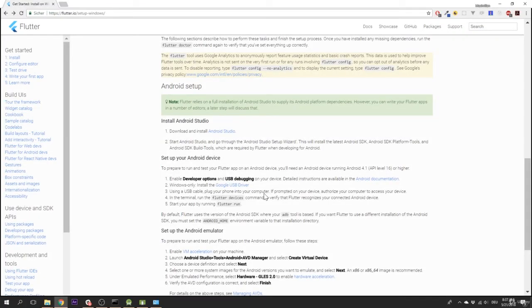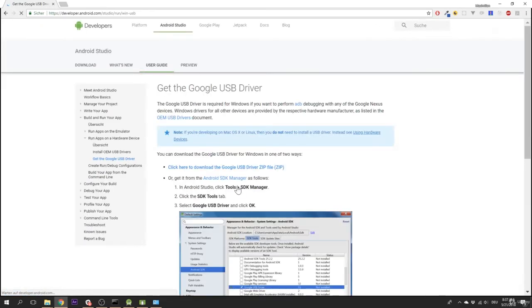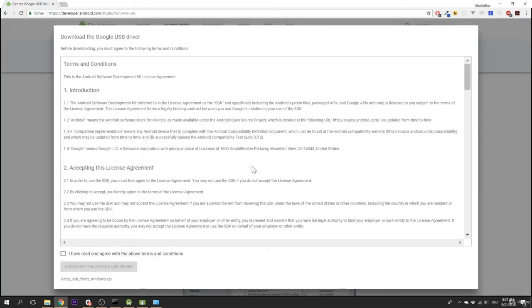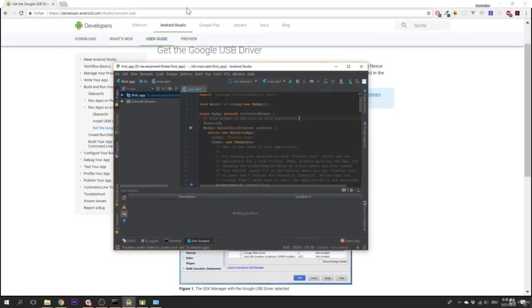First of all, go back to the setup instructions and make sure to install that Google USB driver. Now, that should only be important for running it on a real device, but it still doesn't hurt to set it up already so that it will work later. So click on that link you see there and install the USB driver. You can do that from within Android Studio by going back into it, and there going to Tools, SDK Manager,